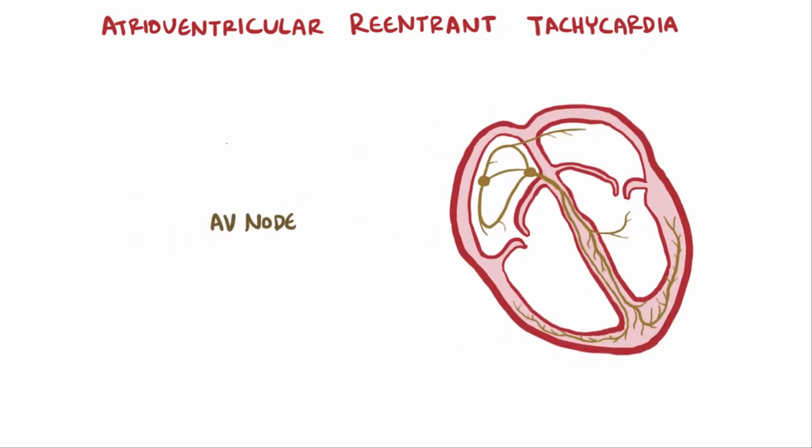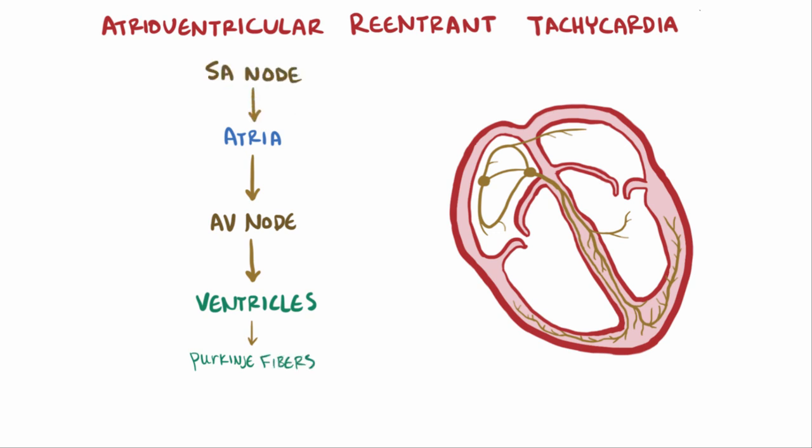Usually the only place where a signal can go from the atria to the ventricles is at the AV node. And once that signal gets to the Purkinje fibers, it stops, and the heart tissue waits for another signal from the SA node. With an atrioventricular reentrant tachycardia, or AVRT, the electrical signal actually uses a separate accessory pathway to